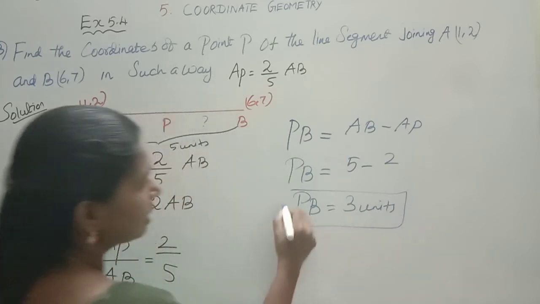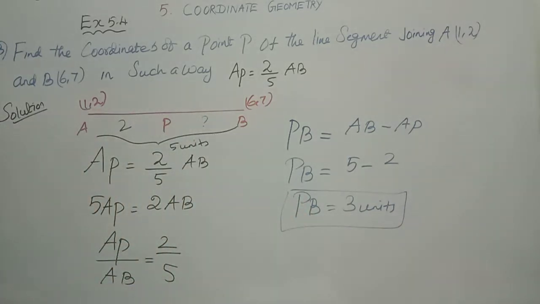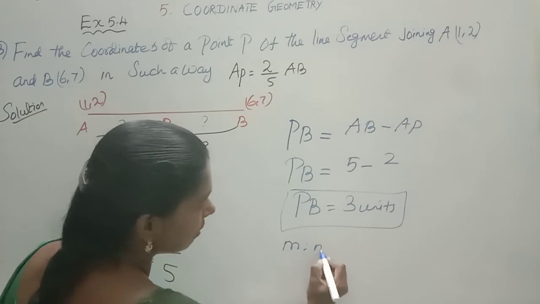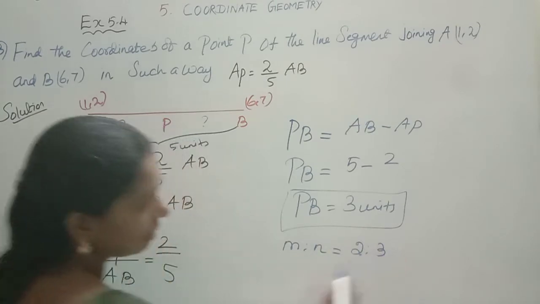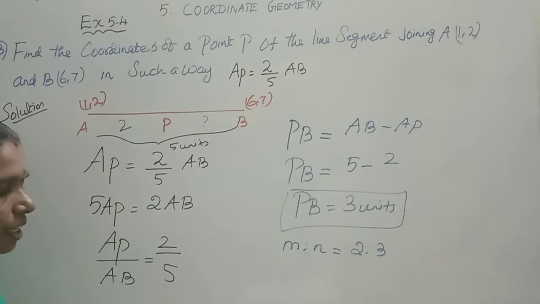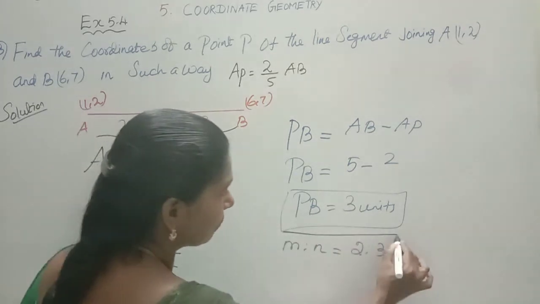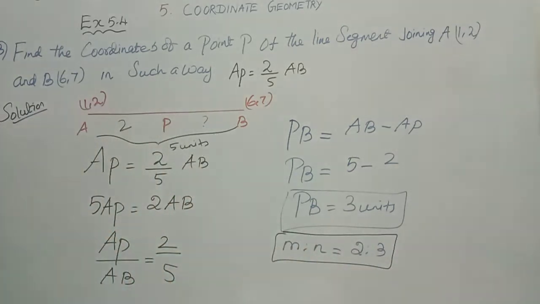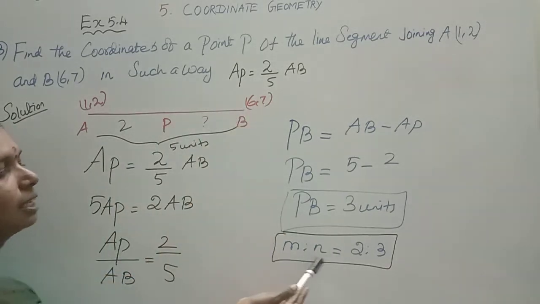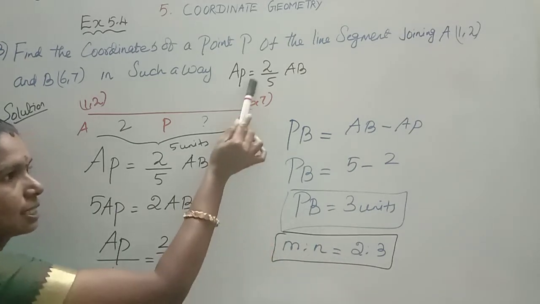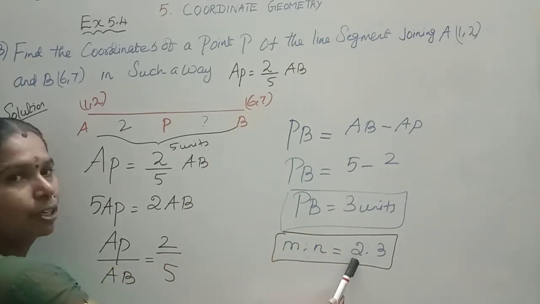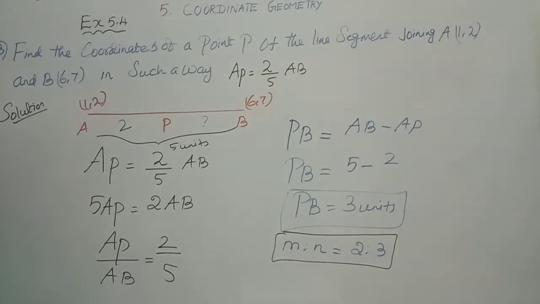Okay. Now what is the ratio? Our required ratio, that is m:n, is equal to 2:3. Now children, you have to complete the sum like the first sum model. In the first sum model, we had the coordinates of A and B, and now we got the ratio m:n as 2:3. Using this relation, we got m equal to 2 and n equal to 3. Now you see the first sum and complete the sum in the same model. The remaining steps are homework for you. Complete the sum.